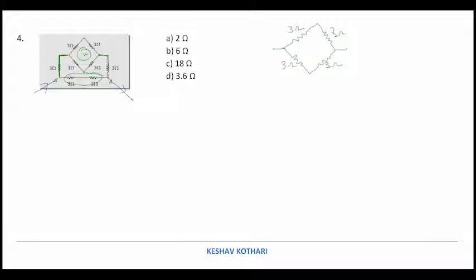So I am solving this part. Over here it is 6 and this one is 6. So the effective is 1 by 6 plus 1 by 6, that is 2 by 6, which gives us 3 ohm. Now the upper segment, that is R series 1, is 3 ohm, the combination of both of them 3 ohm, and then again 3 ohm, that is 9 ohm. The series combination of resistance in the lower segment is 6 ohm. Now the effective value of resistance offered is equal to R1 R2 upon R1 plus R2.